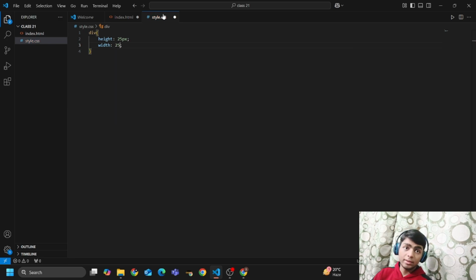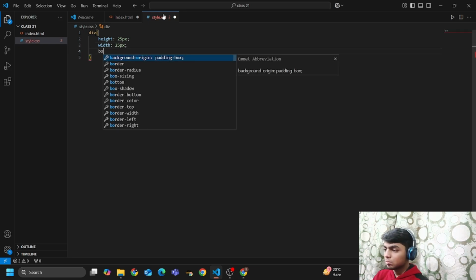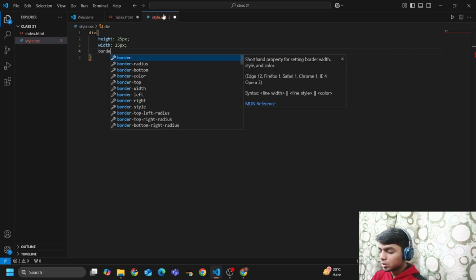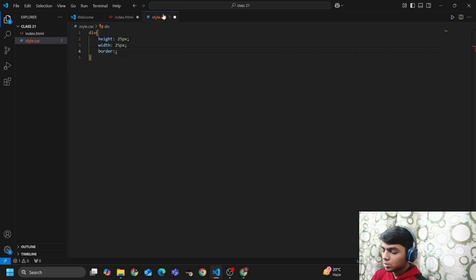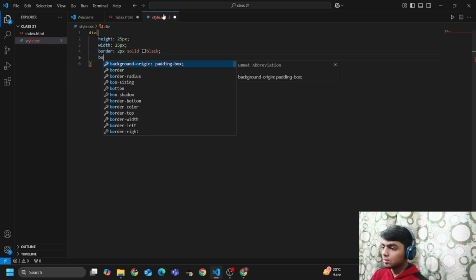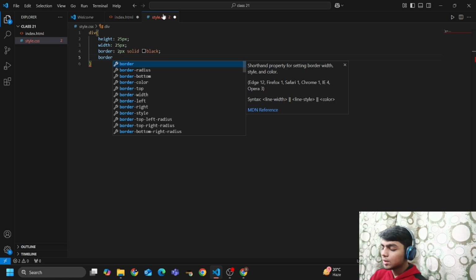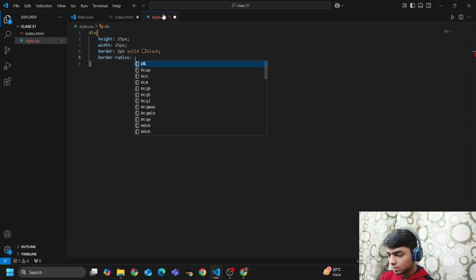Height and width should be same. And border to be 2 pixels solid black, and border radius to be 50%. See what happens.